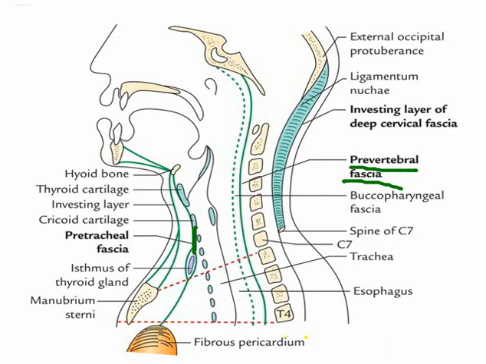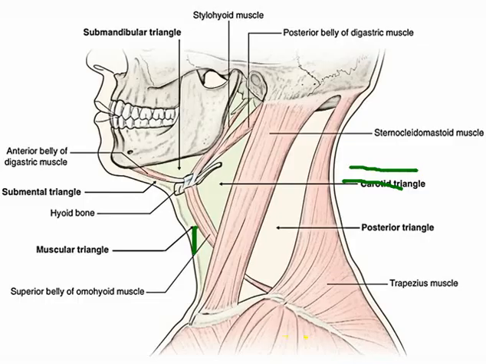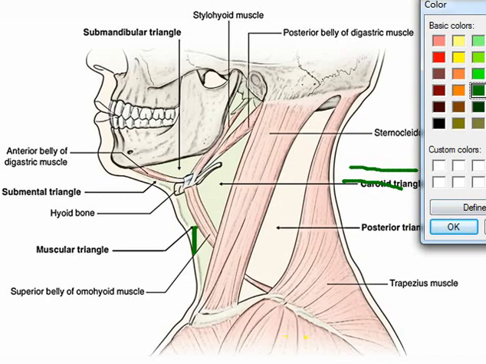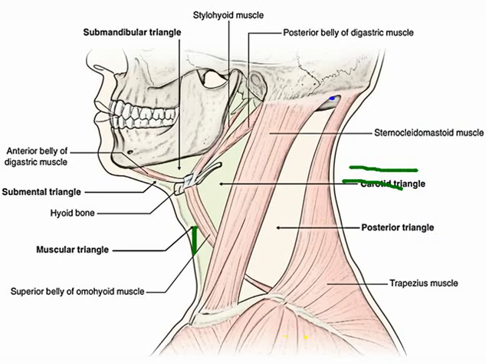But we see that this prevertebral fascia covers the posterior triangle. Now again we will go to that figure where it covers the posterior triangle here. So this prevertebral fascia covers the posterior triangle. This is the posterior triangle. We will mark the boundaries of the posterior triangle. These are the boundaries, and the floor of this triangle is formed by the prevertebral fascia.